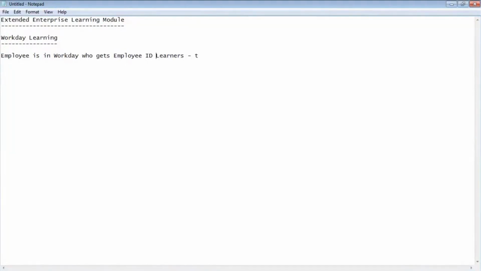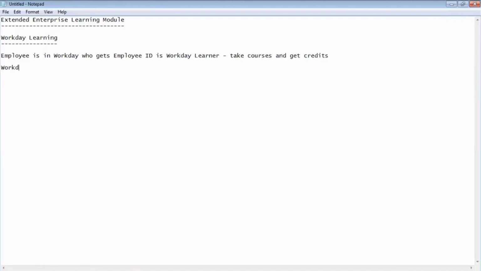The employee is in Workday, so is a Workday learner. We typically call them learners, where they will be able to take courses and get credits. This is typically what we see in Workday Learning.